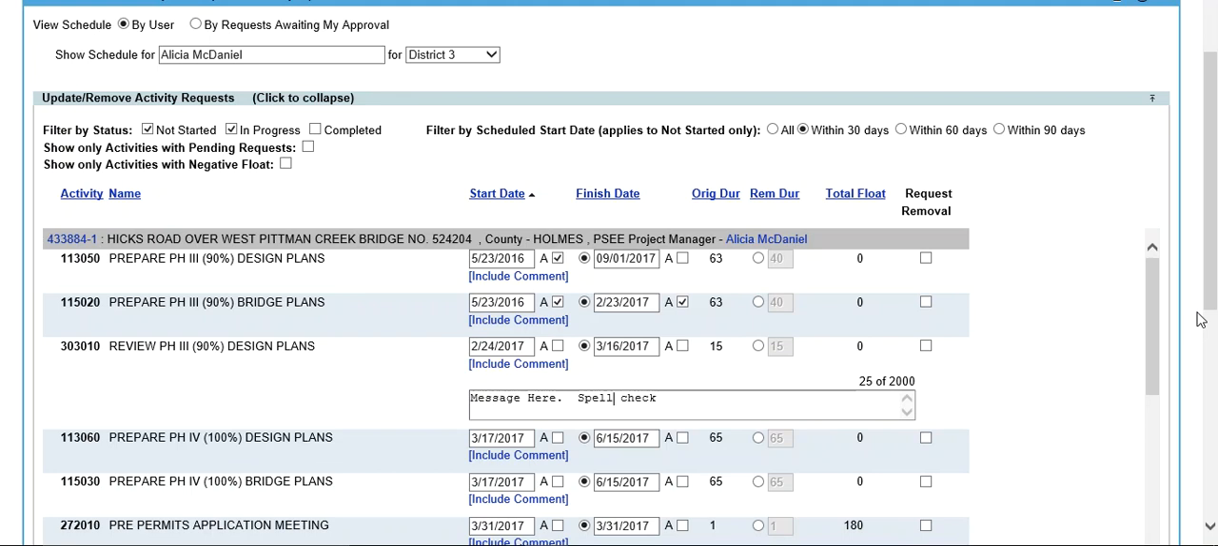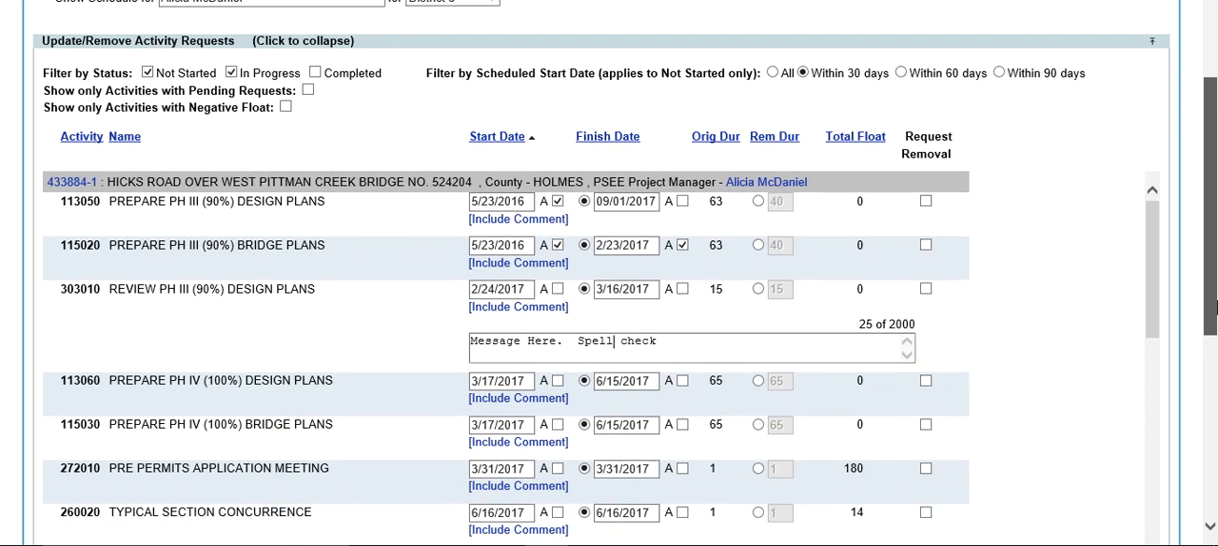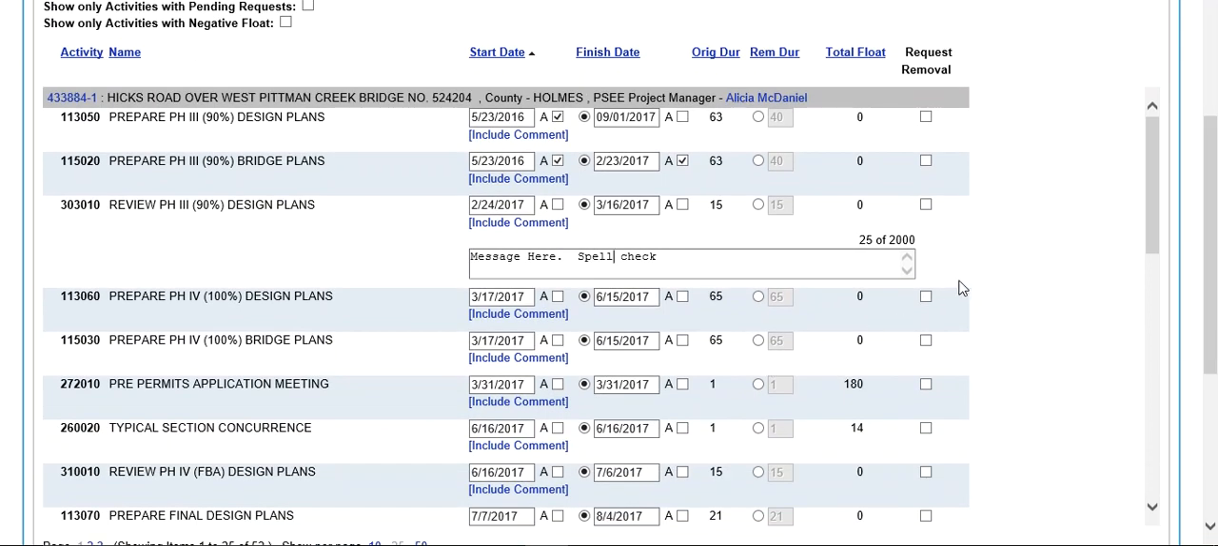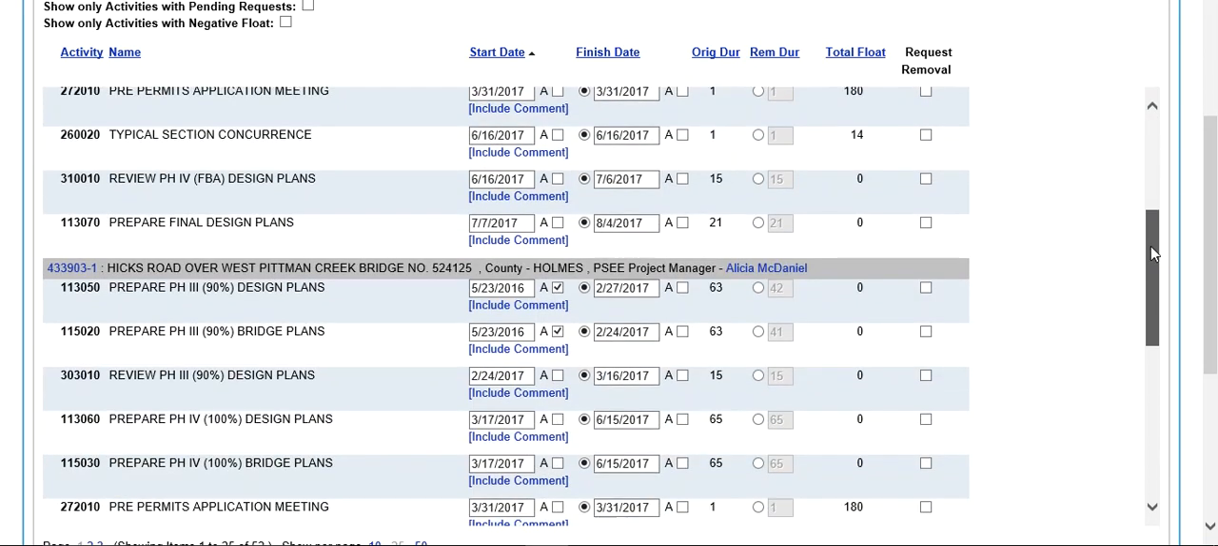If you have an activity that does not apply to this project and needs removed, you simply click the checkbox under Request Removal. This happens from time to time because we use templates and that activity may not apply based on the scope of your project. Once you've scrolled through the entire page of updates,